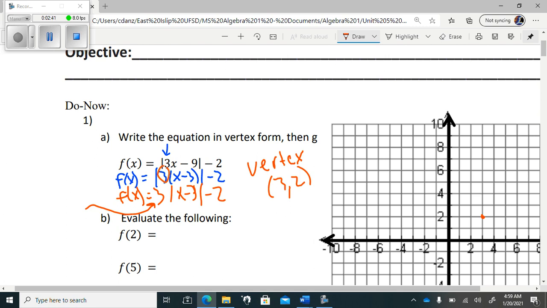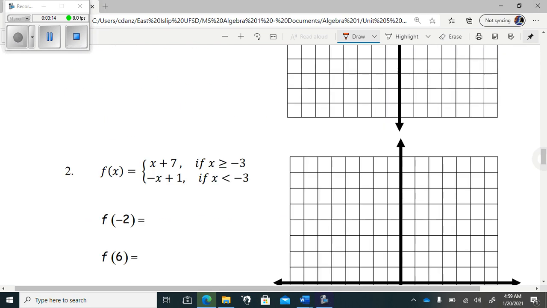It goes up 3 and to the right 1, or up 3 and to the left 1 in order to make it a V-like shape. Now, in order to evaluate this function,